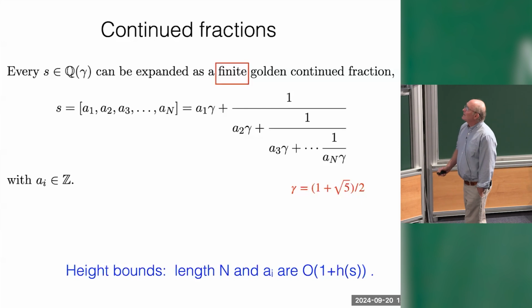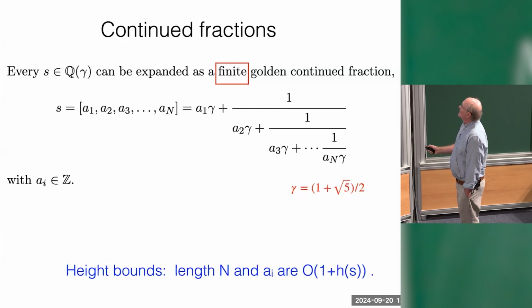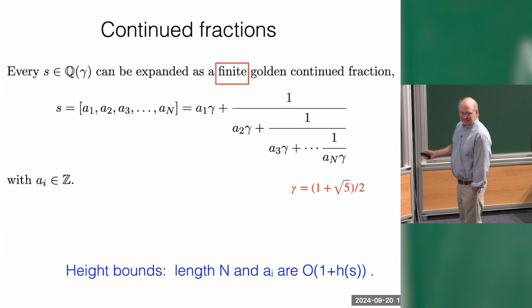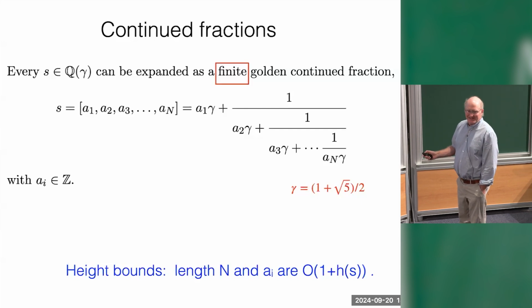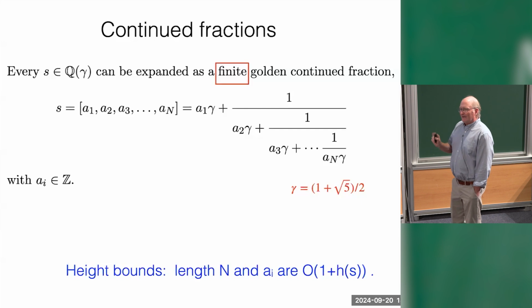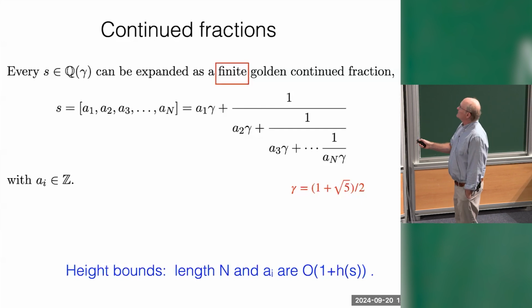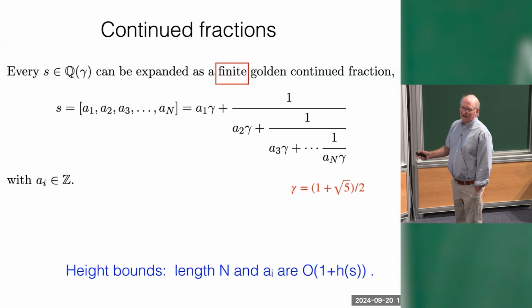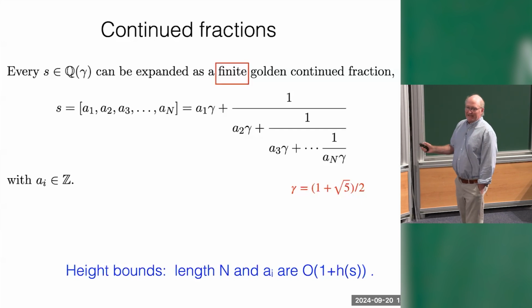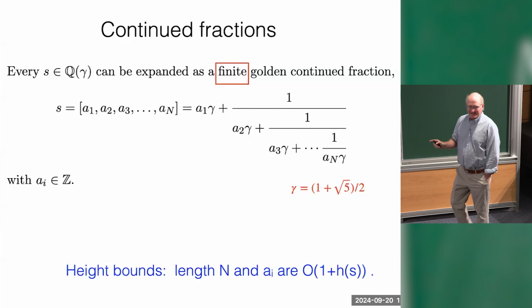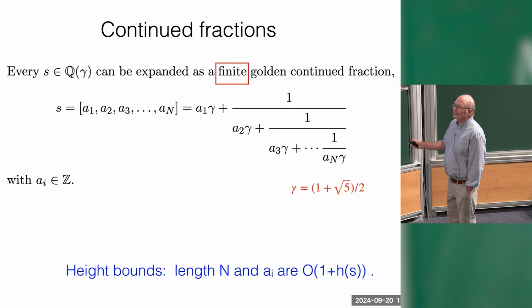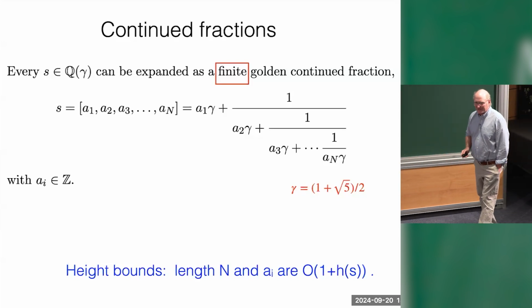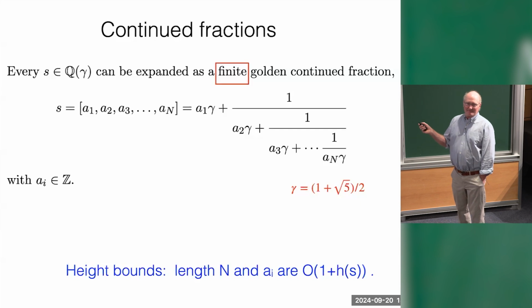Gamma satisfies the quadratic equation, so that's finite? Gamma satisfies a quadratic equation, yes? And because of that, it's finite, the continued fraction? No, not at all. So notice, first, if I were to expand this as a traditional continued fraction with gamma here, it would be infinite but periodic. Yeah? But this is very different because I'm only using integers here, even though I'm in this quadratic extension of Q. Okay, so this is a fairly deep theorem.